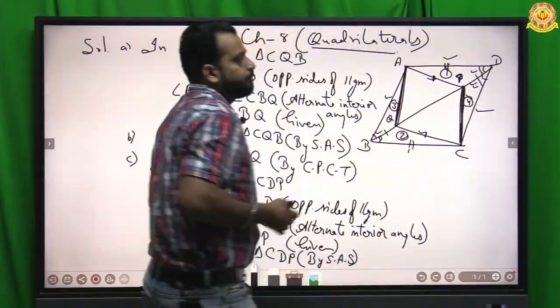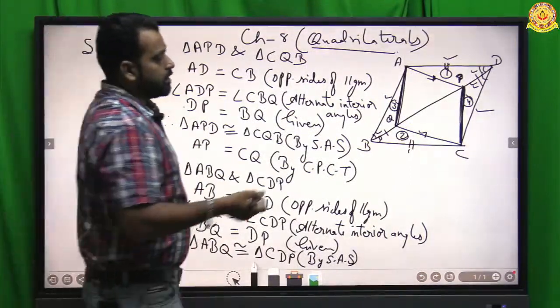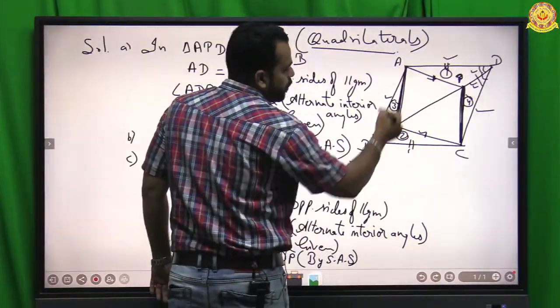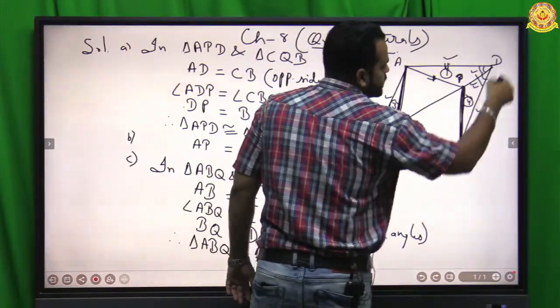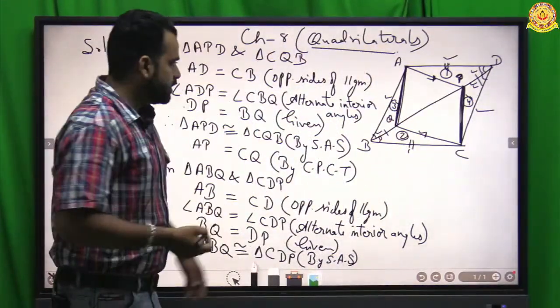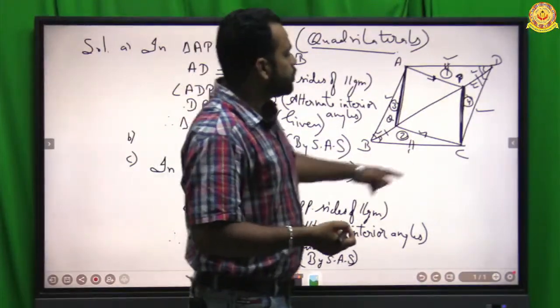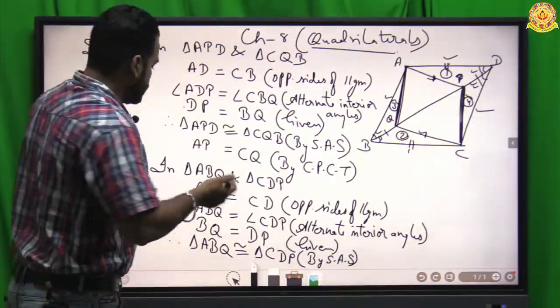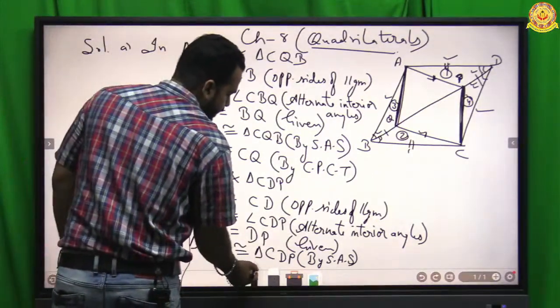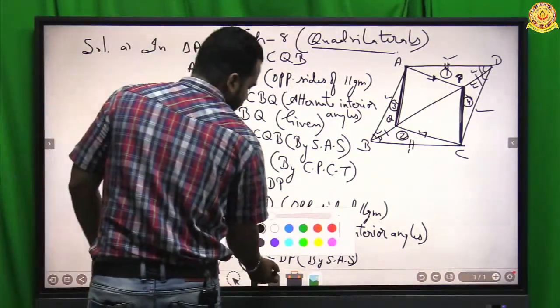Say yes or no, right? Because this side AQ is the part of ABQ and this side CP is the part of CDP. So we can say that side AQ is also equal to side CP, and that is our fourth point. So here we can write that the fourth point is